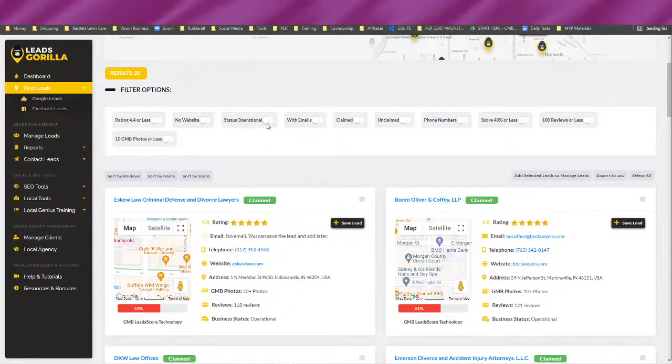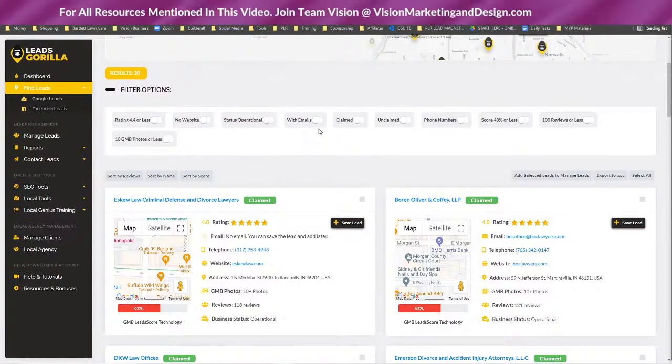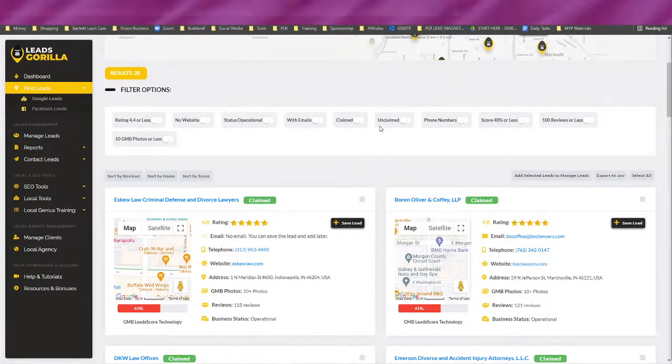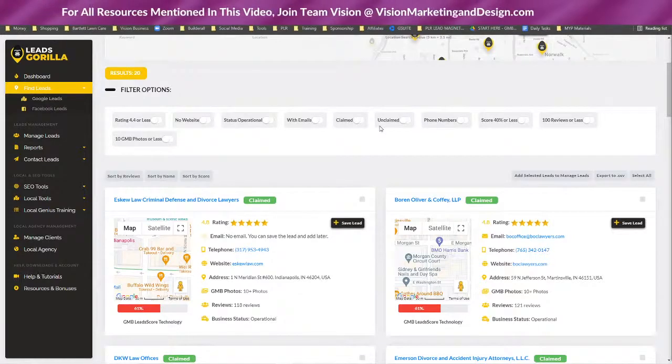So you could actually toggle this switch to sort through those. Also, if you wanted to only see businesses that have email addresses, you could toggle this switch on. And we're talking a lot about Google My Business and what a valuable asset it is to business owners, and it's a free service that Google provides for local business owners.